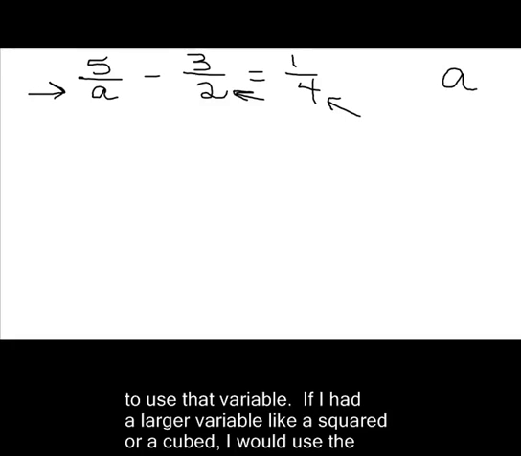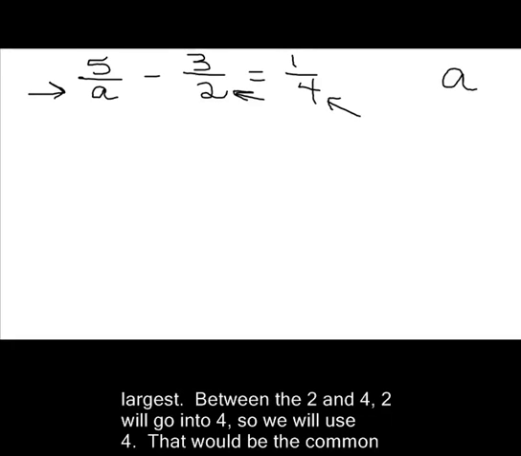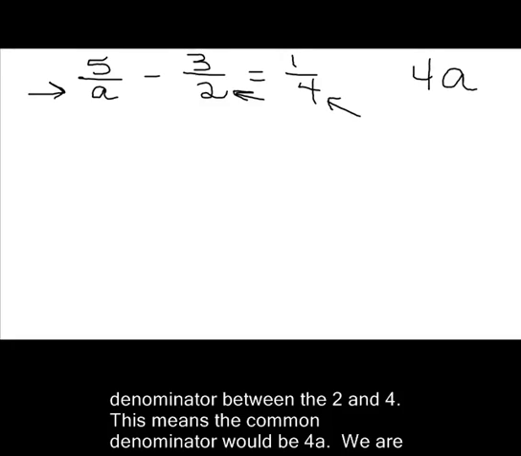If I had had an a squared or an a cubed, I would take the largest of those. So if I had an a squared, I would use that one. Between the 2 and the 4, 2 will go into 4, so we will take the 4. Find the common denominator. And you are going to take that common denominator and multiply it by every part of